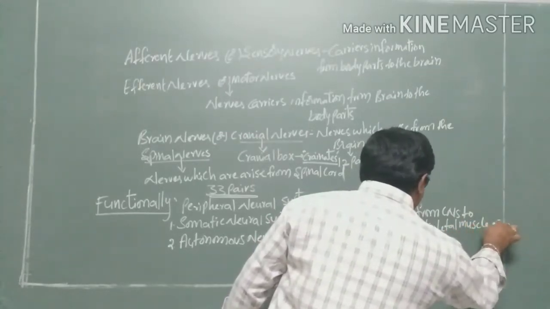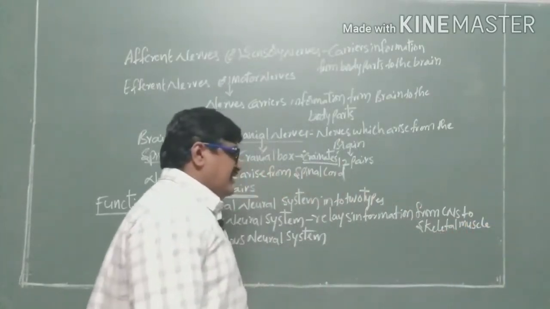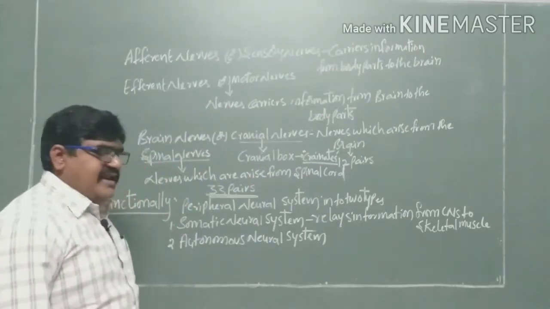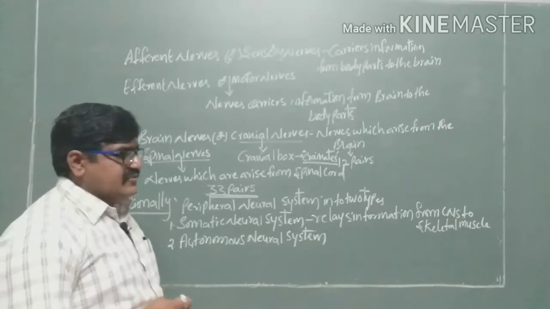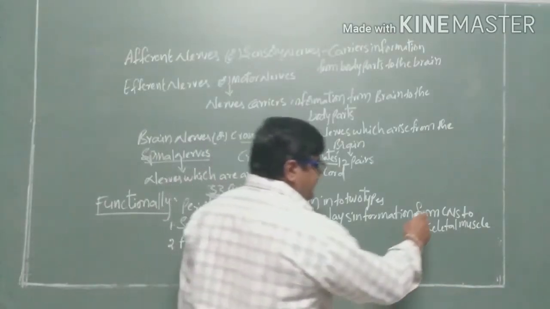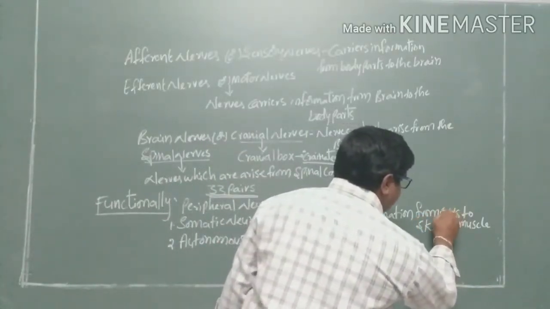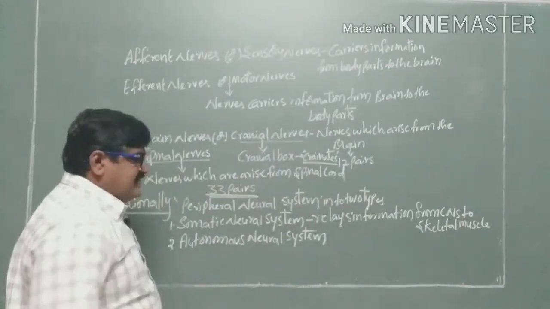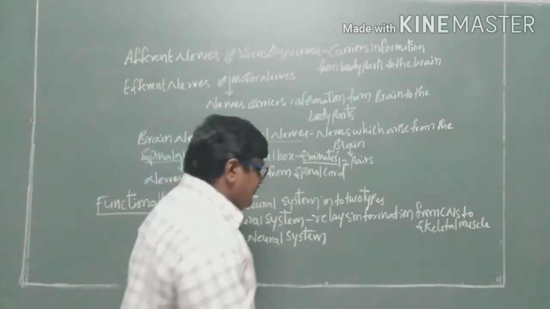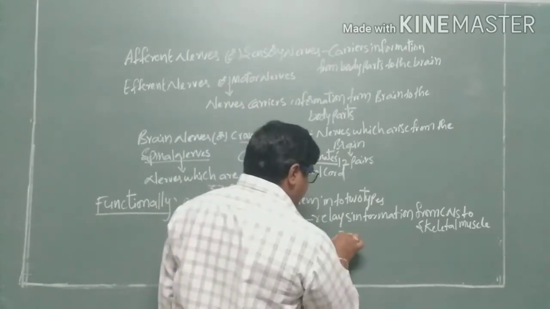So, here they carry and relay impulse information from the central nervous system to the skeletal system. It carries to the skeletal system, whereas the autonomous nervous system will carry the information,